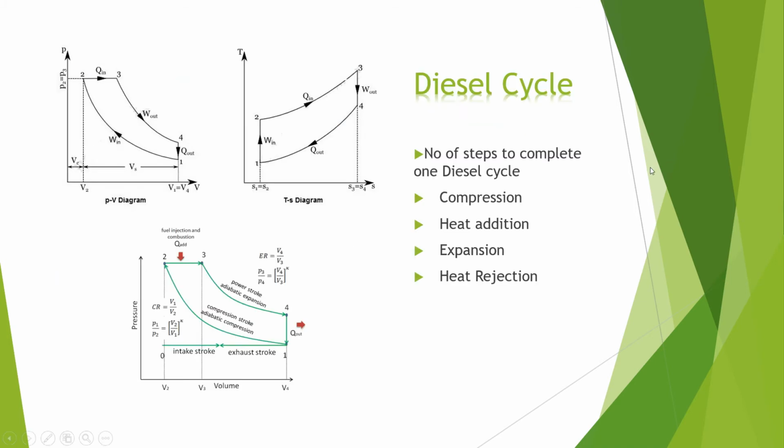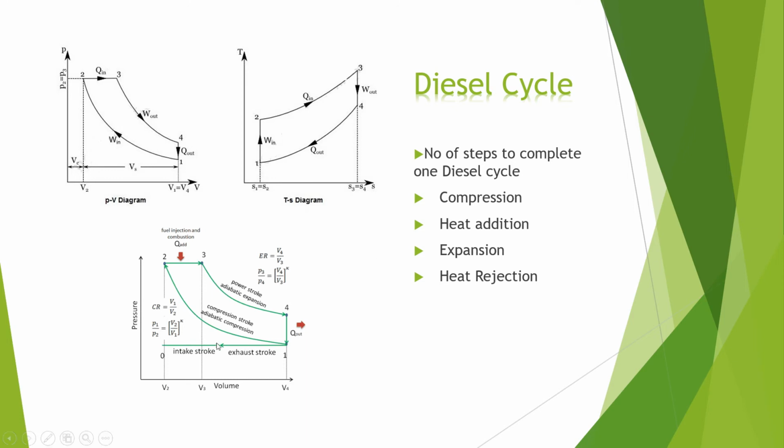And coming to diesel cycles, this is also similar to the Otto cycle, but they have the heat addition process in a different way. The gas is first compressed to the set temperature, and heat is added at constant pressure, and later on, due to the addition of heat, work is generated and delivered by the expansion process. At the end of the expansion process, heat is rejected to the atmosphere at constant volume.